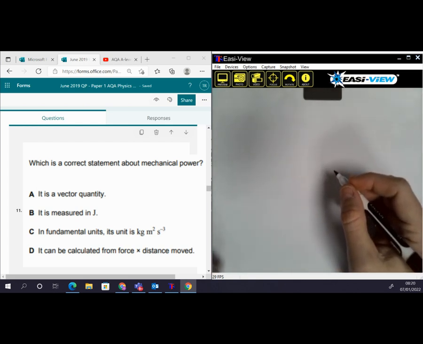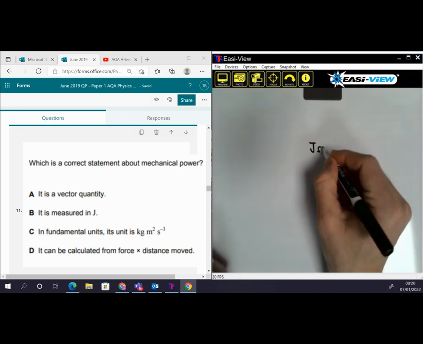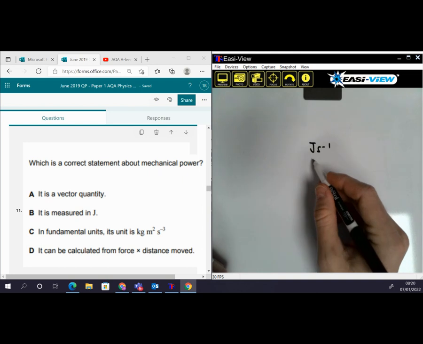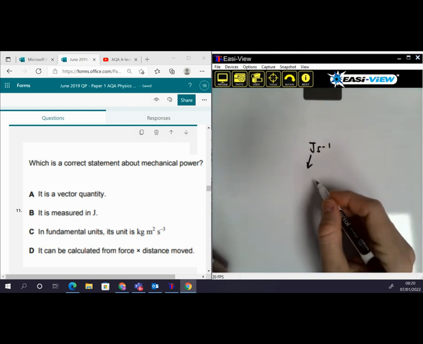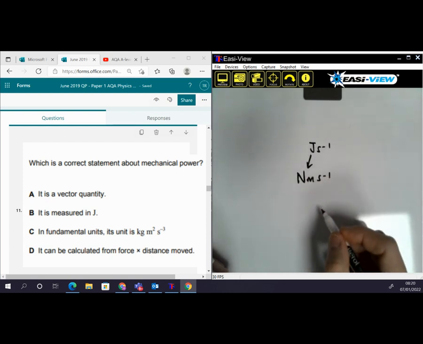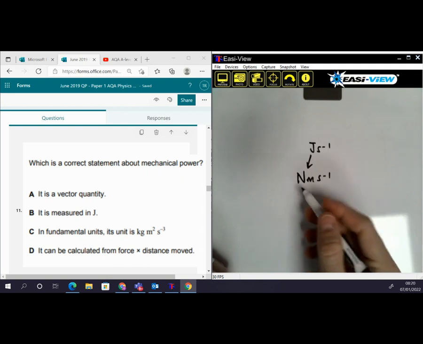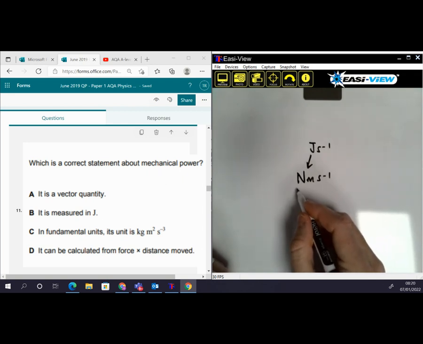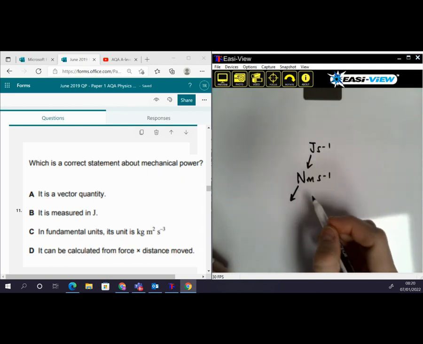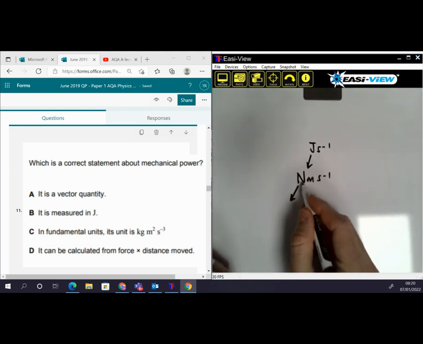So my way of doing this would be to state that power is measured in joules per second. A joule I can get from force times distance, so Newton meters per second. So I'm still not in fundamental units, so a joule's not fundamental, Newton's not fundamental. And then a Newton I'll get from F equals ma. So that's work done, gets me the energy, and this I'm going to use F equals ma to get me